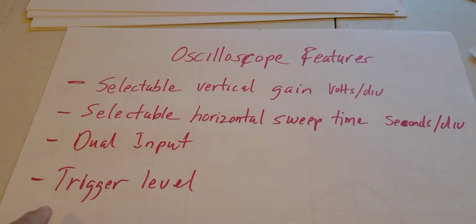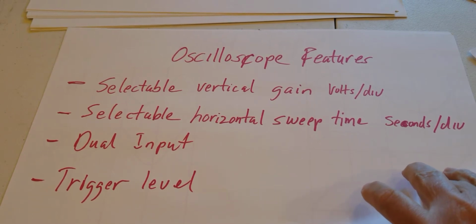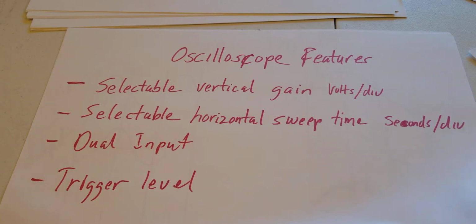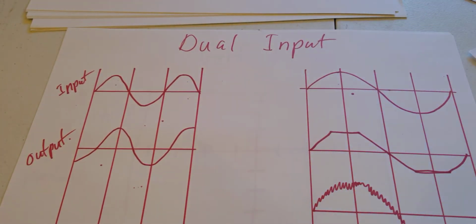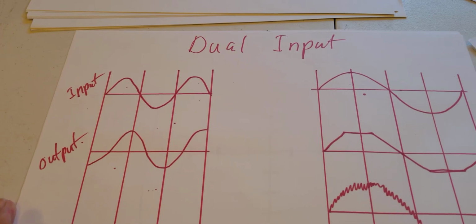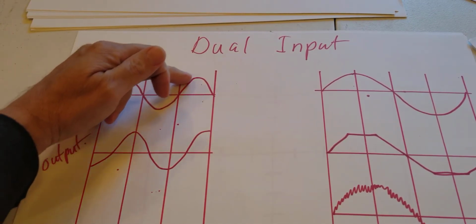And then they all have something called a trigger level. The trigger level is essentially a way for the scope to create a very stable picture so that you can see it. It looks like it locks it right into space. So let's get right to it. Why would we want dual input? Well, let's say you had a circuit that had an input that looks like this, but its